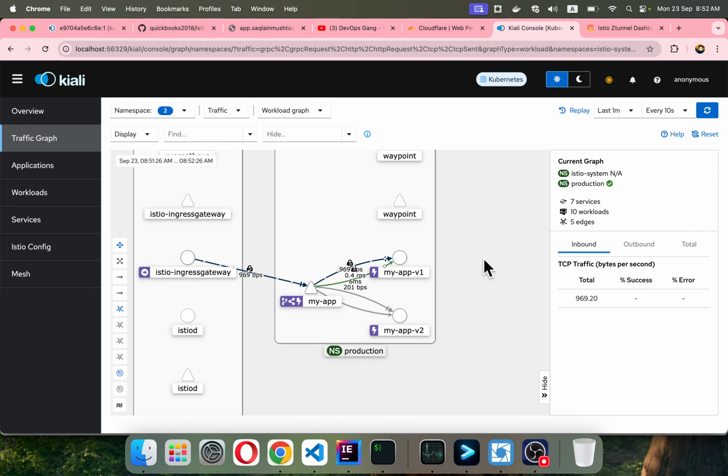You see all is encrypted, and we actually saw two things regarding canary deployment and simple deployment in our application. That is it,